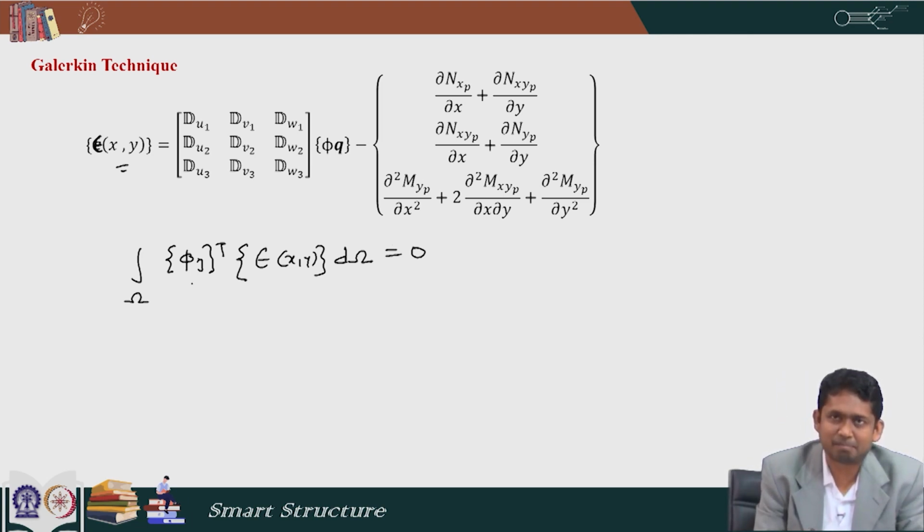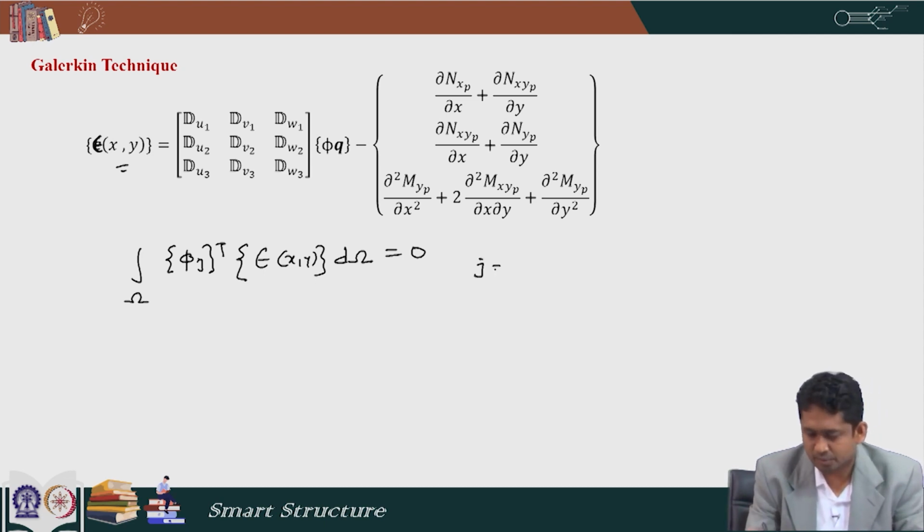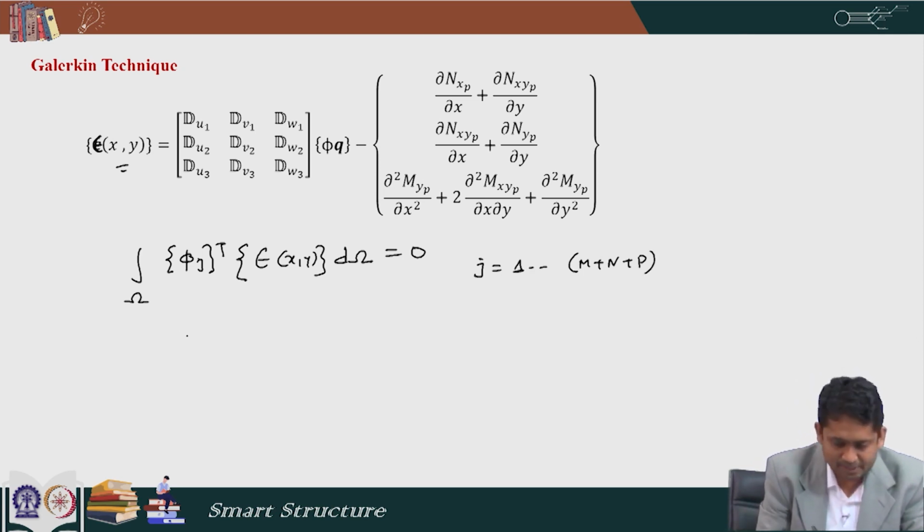So, there are total m plus n plus p number of those j's, and that will give us m plus n plus p number of equations, and we have m plus n plus p number of unknowns. So, here we do it for j equal to 1 to m plus n plus p, and then finally we have,